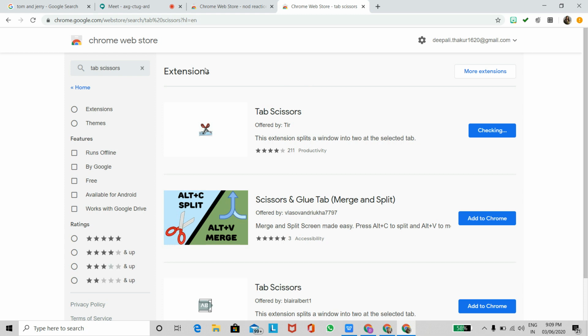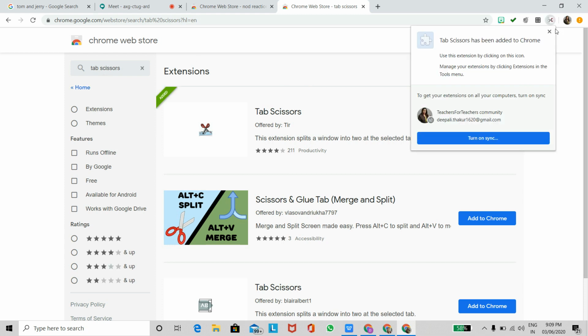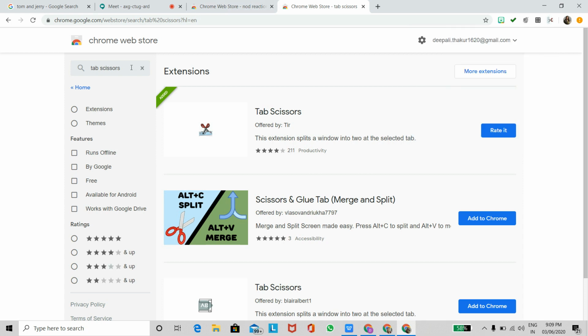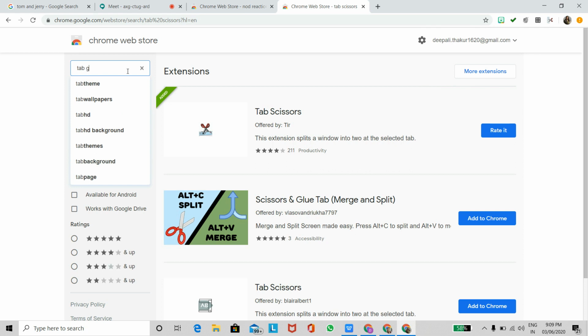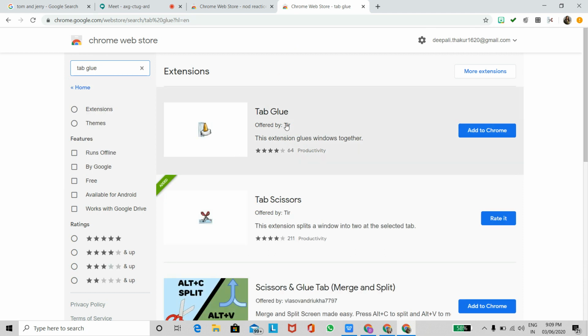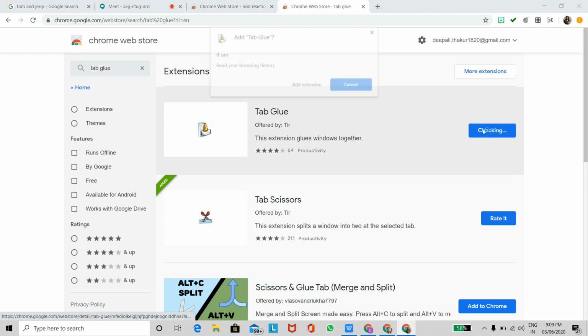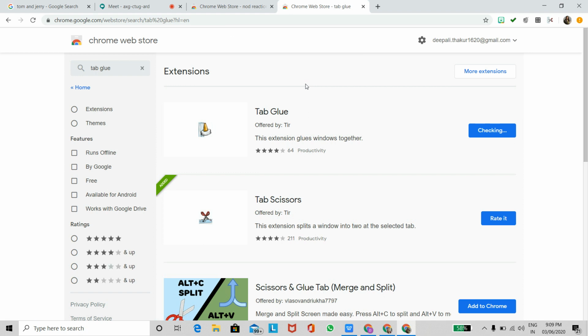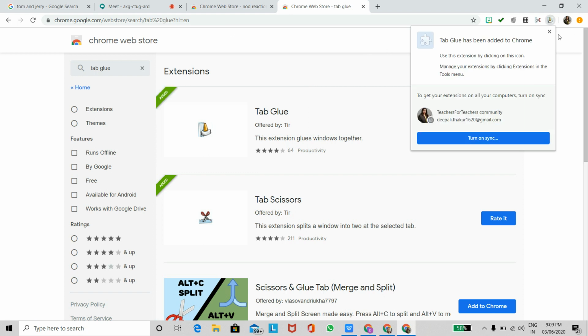right? And yeah, now I have scissor, but now after splitting it, I need to get it back. So I'm going to use something called Tab Glue, right? And I'm going to click and see. So this is the one again offered by the same person. I'm going to add to Chrome. So this glues the two windows together and you'll be able to see here on my top right hand corner